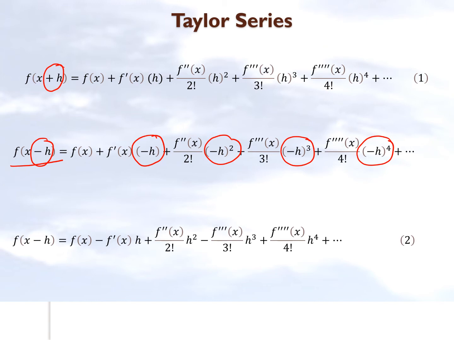So now if we expand this, this is what we're going to get for the odd powers of h. We'll have a negative outside, but for the even powers of h, we're going to get a positive number, because negative 1 whole square will be 1. So that's why you're finding out now that the sign is going to be alternating from minus to plus, and so on and so forth. So we basically have written the value of the function at x plus h and at x minus h. So what does that do?